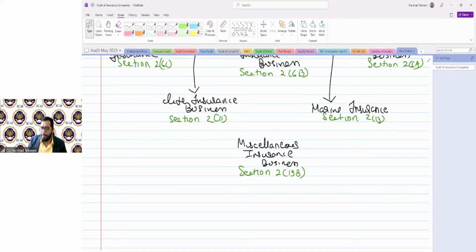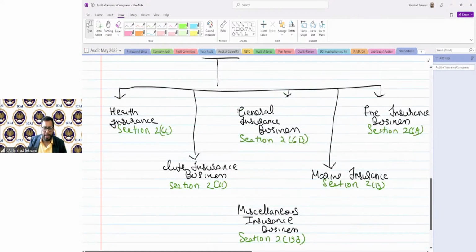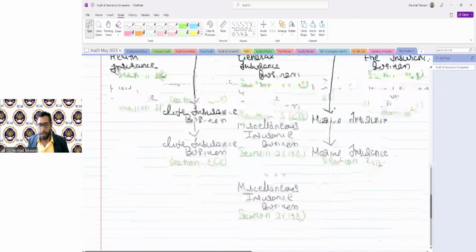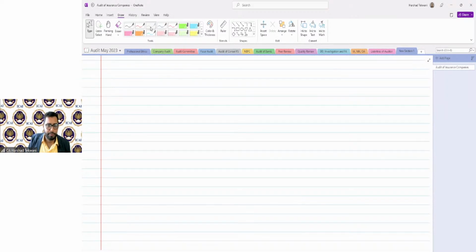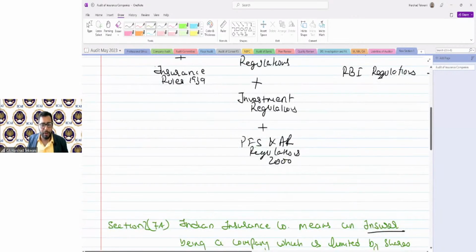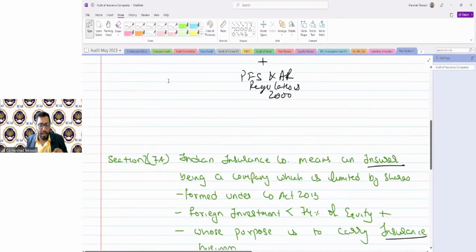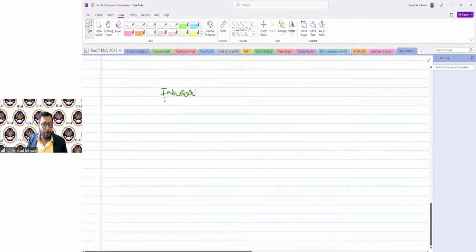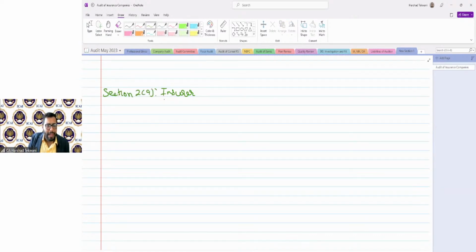Now, the second important point that we need to understand is the insurer. What does the Act mean by the insurer? When I talk about the insurer, the definition of an Indian insurance company means an insurer being a company carrying on insurance business. We saw different types of insurance business. But what is an insurer? Insurer is defined under section 2(9) of the Act, which says that insurer means